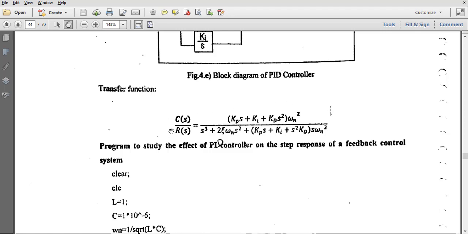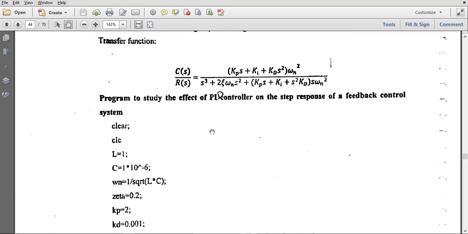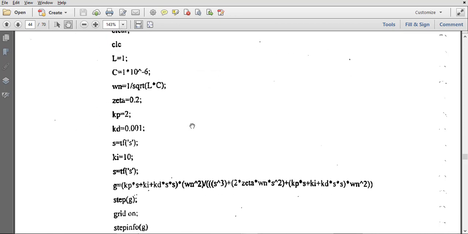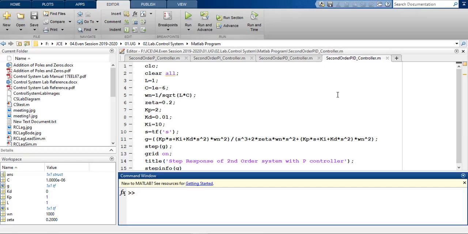Now we are going to represent this transfer function in MATLAB, and we are going to see the result. The MATLAB code is exactly the same, but where we have used KP, KD, and KI, and this is the expression for the new transfer function. So let us go to MATLAB and check the output. So here is the MATLAB program for the PID controller.